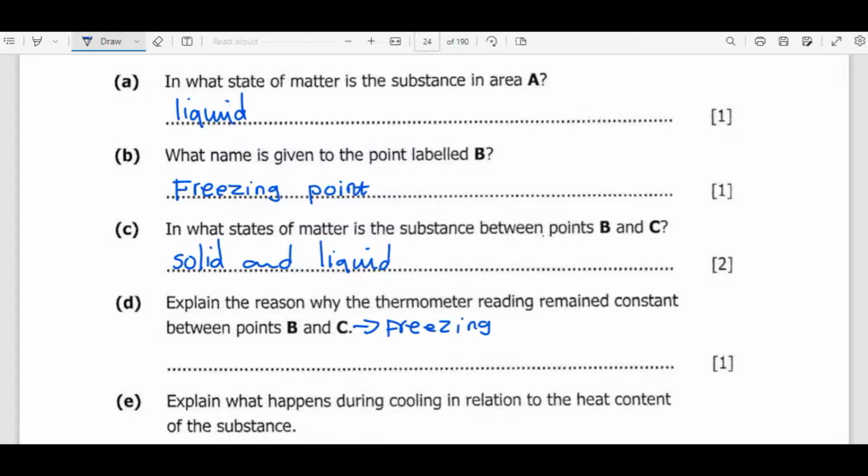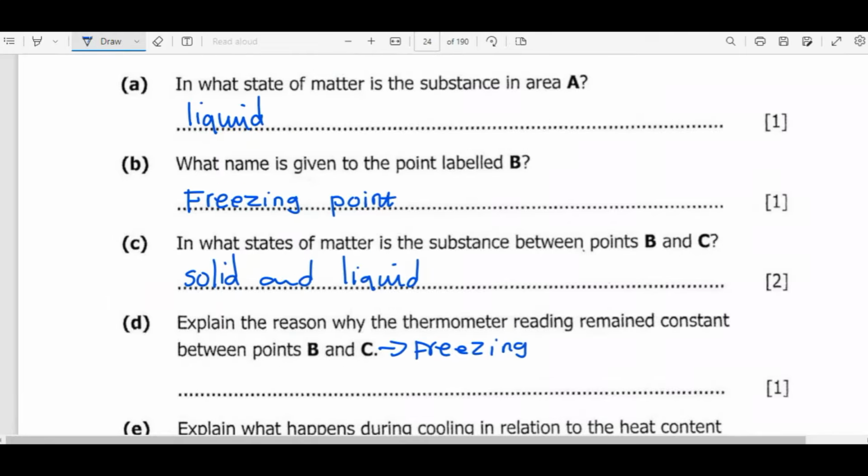During the process of freezing, the reading on the thermometer stops changing. Then, to explain the reason why the thermometer reading remained constant, we'll say because the energy is used to bring the particles